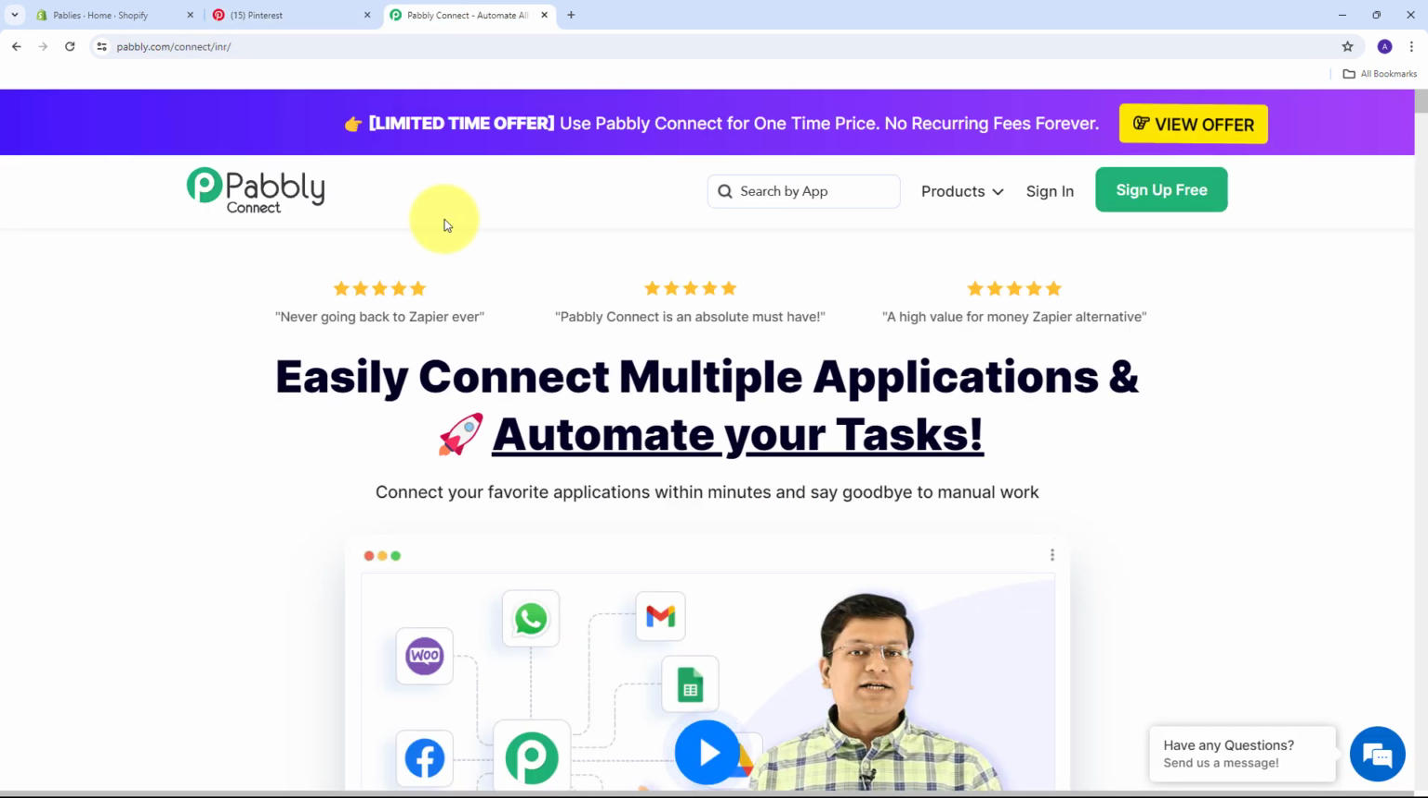So for using Pabbly Connect, we need to search for pabbly.com/connect in our browser, and it will take us to this landing page of Pabbly Connect. Here we have two options, sign in and sign up for free. If you don't have any account with Pabbly Connect, then you just have to click on this sign up for free button, and it will take only 2 minutes of your time and you will get 100 tasks free every month. Or if you already have an account, you can just sign in